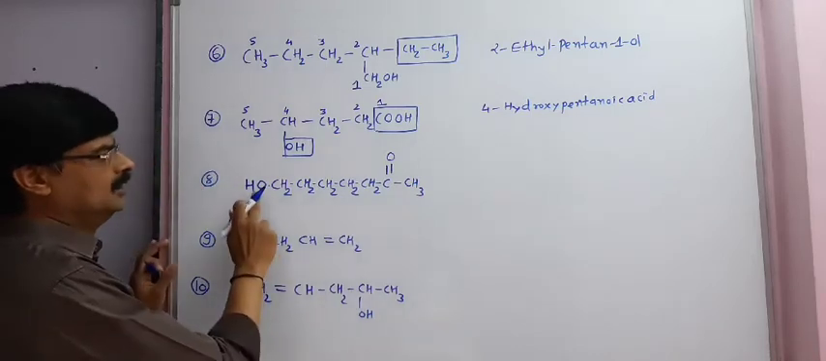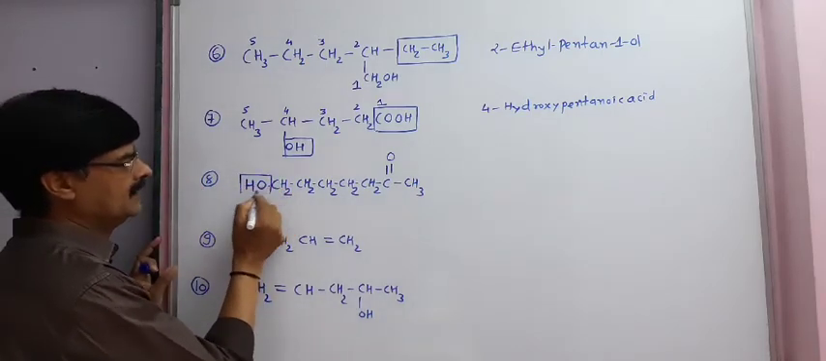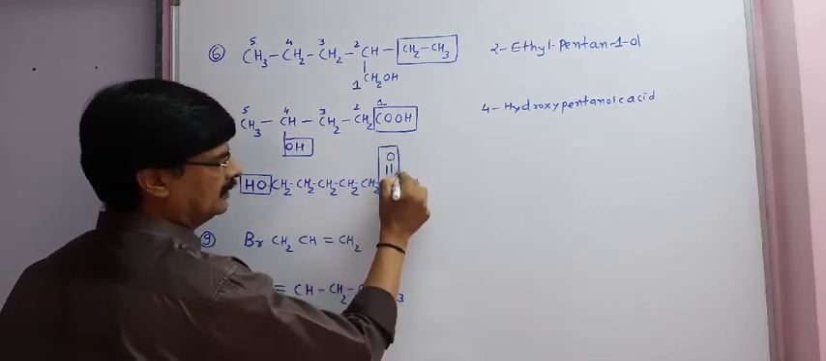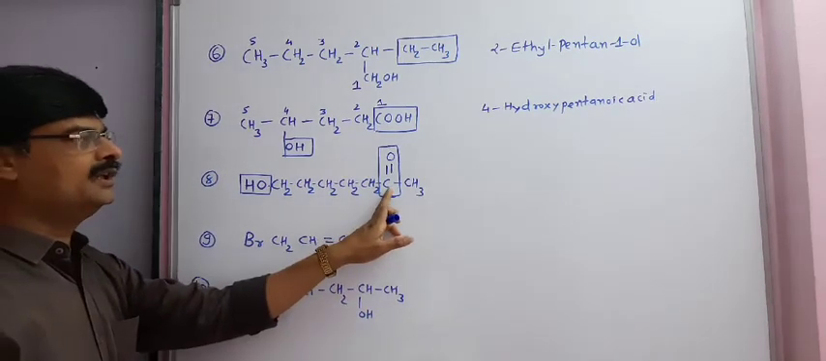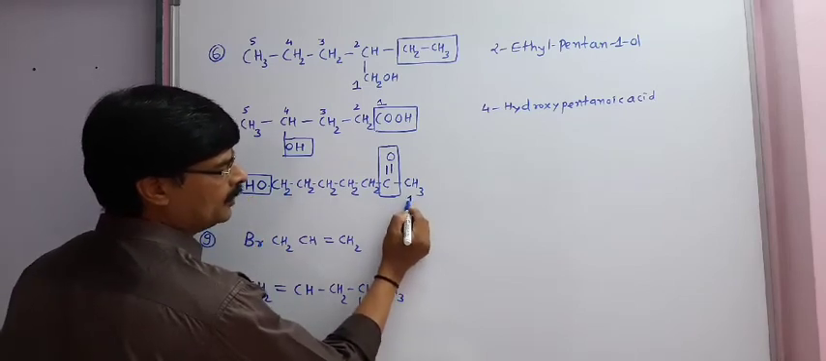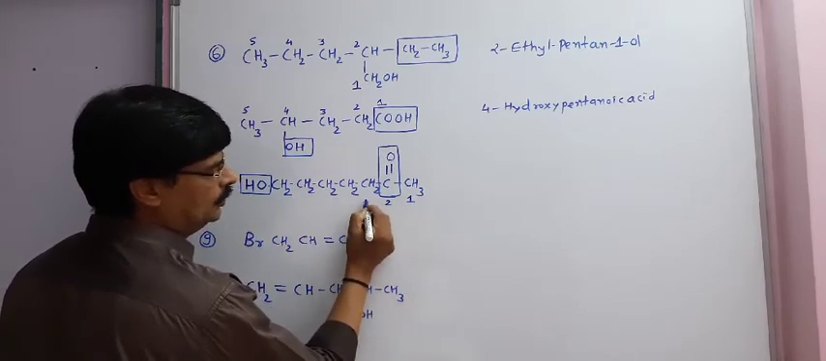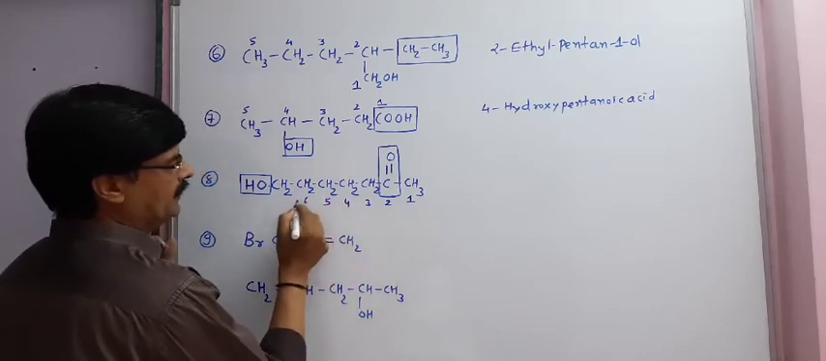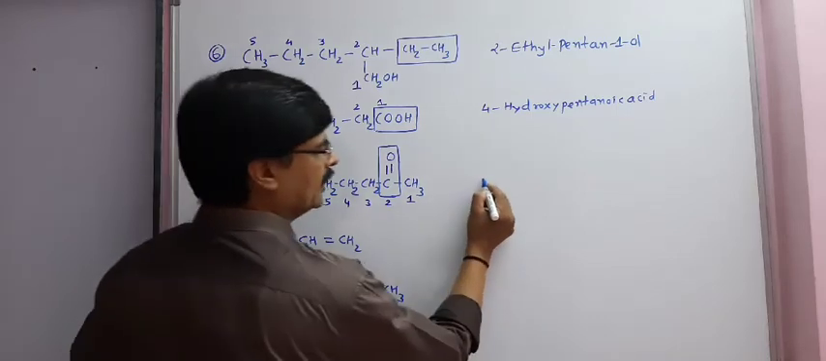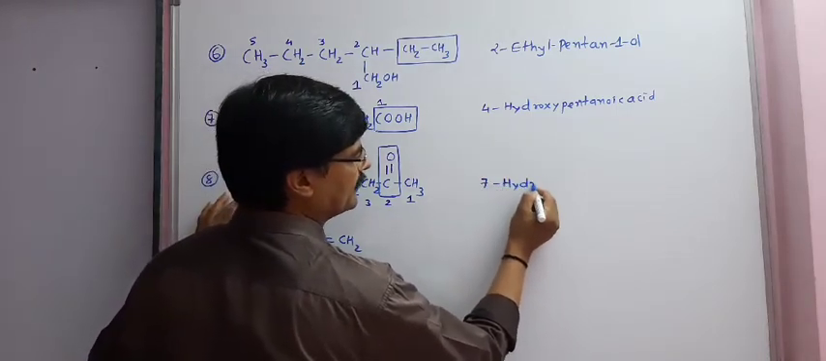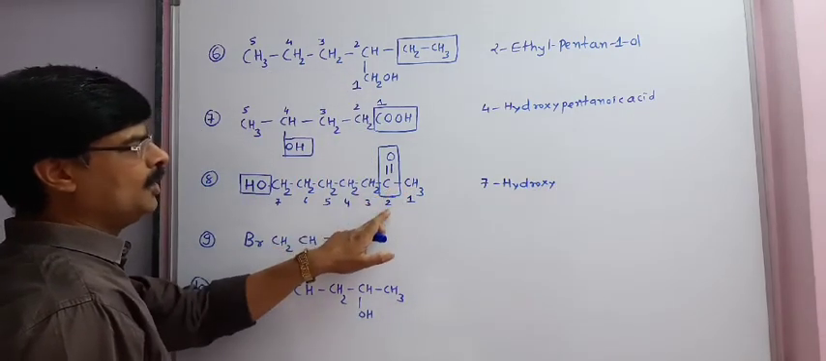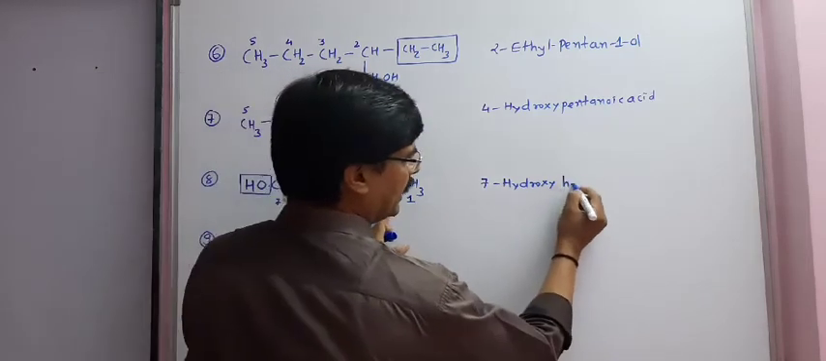Now next one, the OH functional group is present. Beside that, a ketone functional group is also present. But as the priority of the carbonyl group is more than the OH group, we should give numbers from the right hand side: 1, 2, 3, 4, 5, 6 and 7. So on 7 number carbon we have the OH group. That is why 7-hydroxy, and we have a ketone group on second number. So heptane